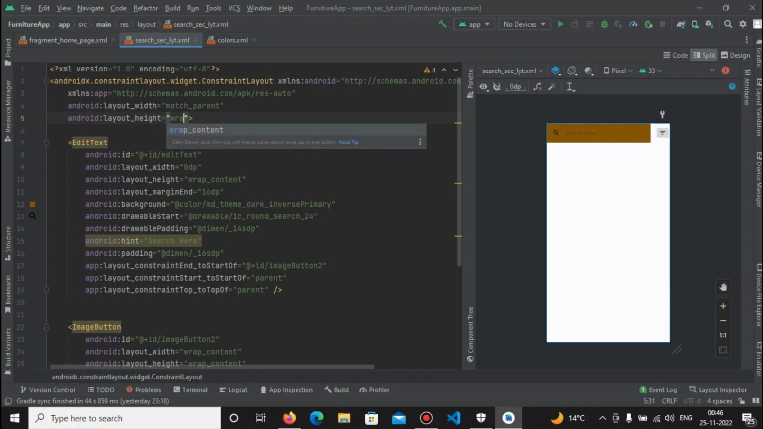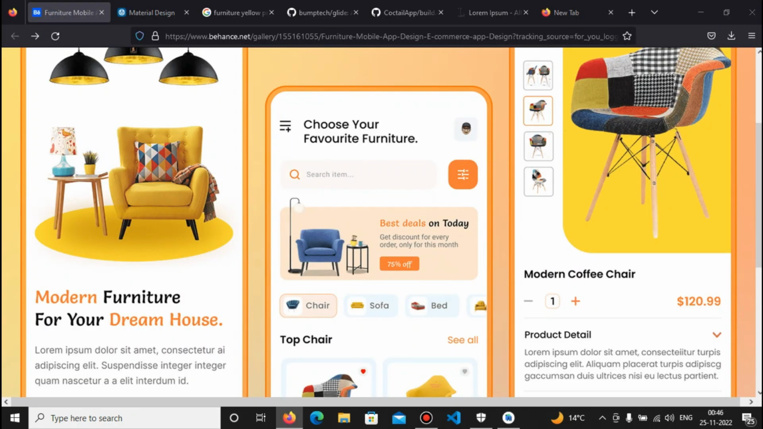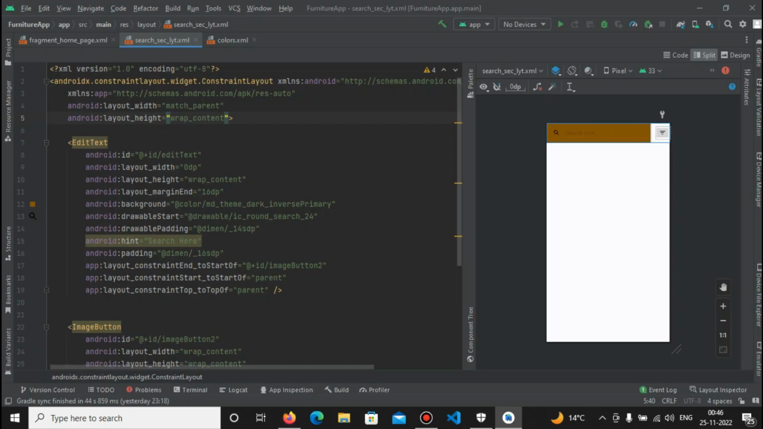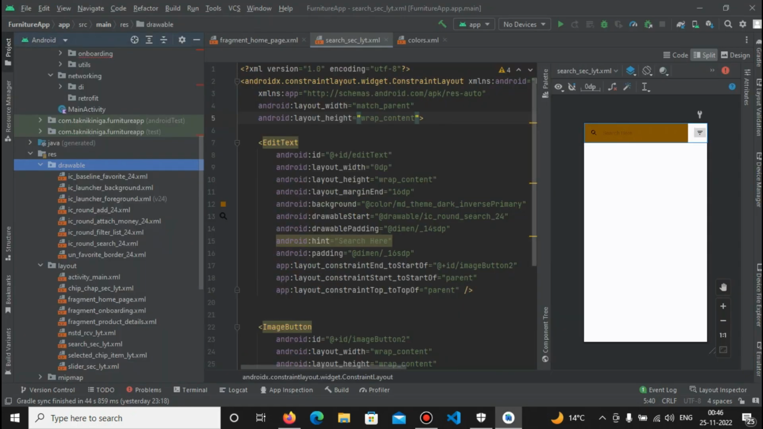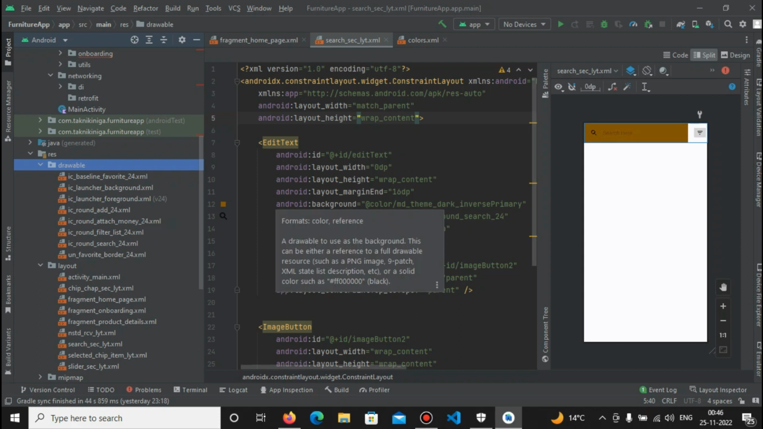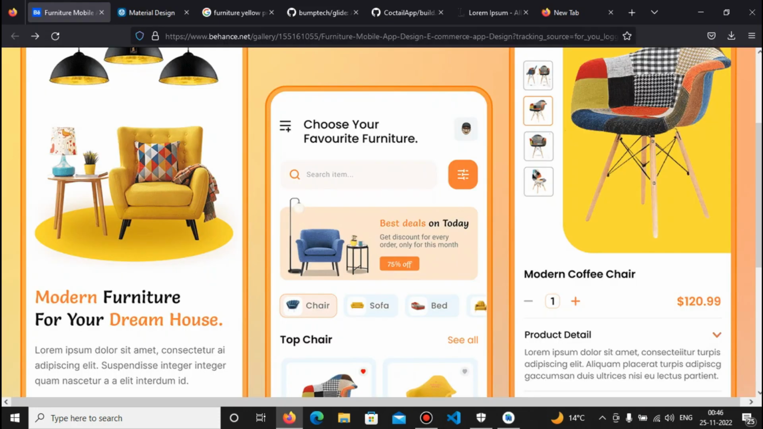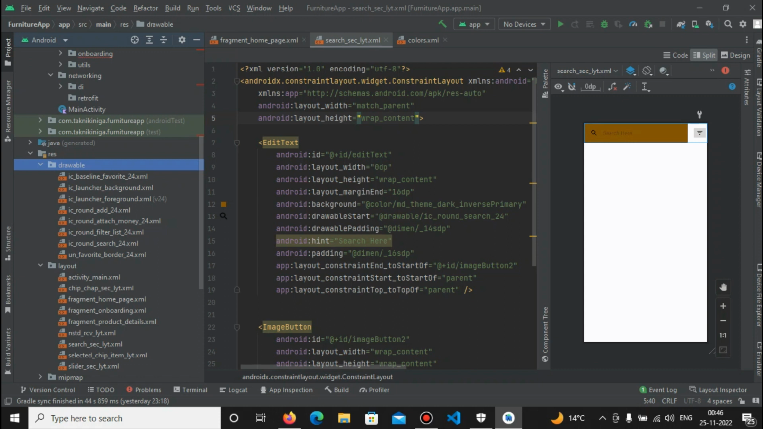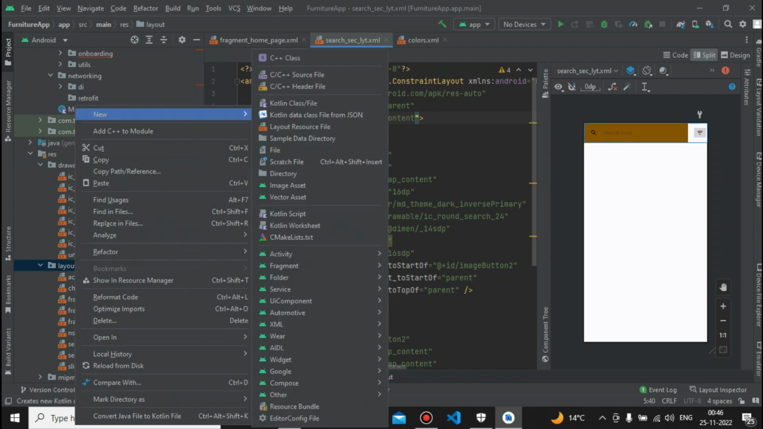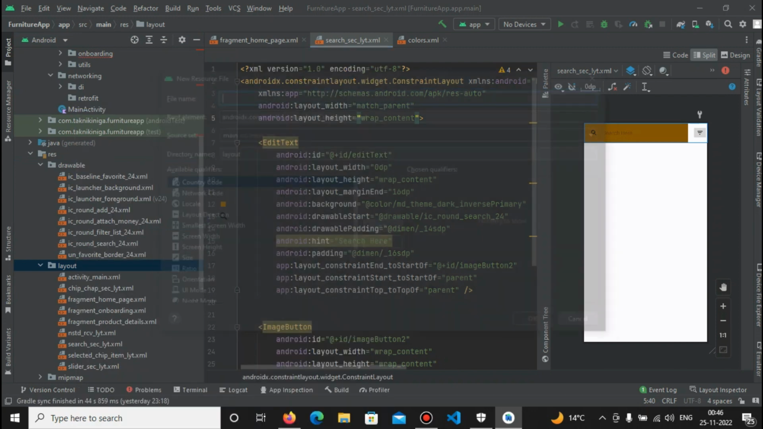Okay, and let's set our main constraint layout to wrap content, because it will take the whole height, which is unnecessary. So I simply make it wrap content, so it will only take that much space, which was our application. Okay, so I'm going to create another layout,